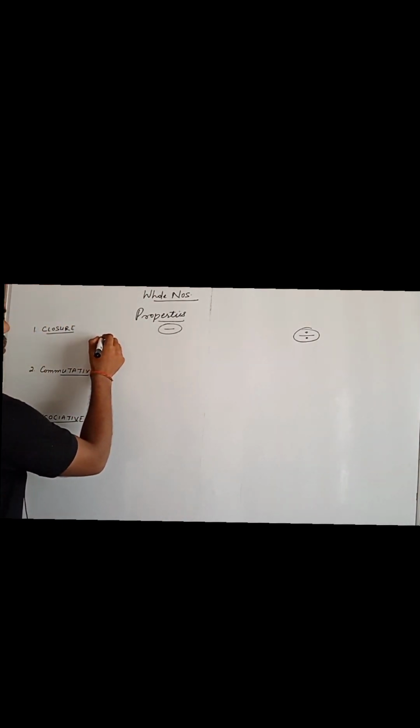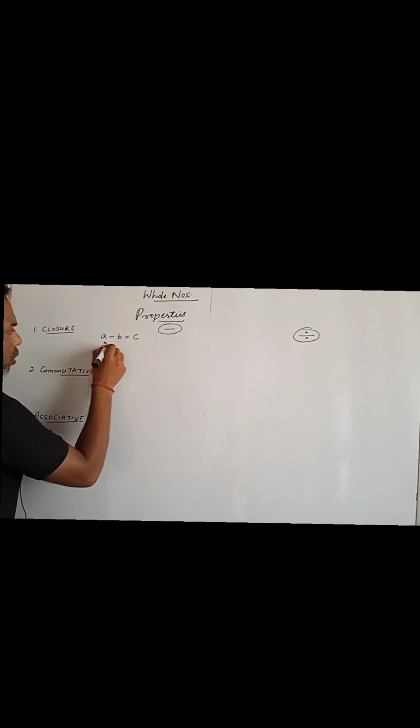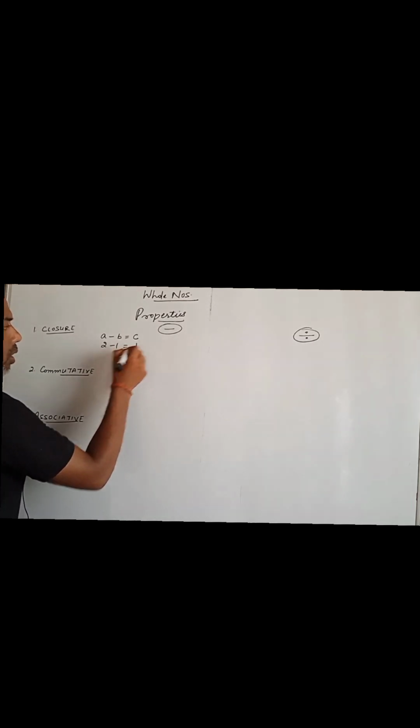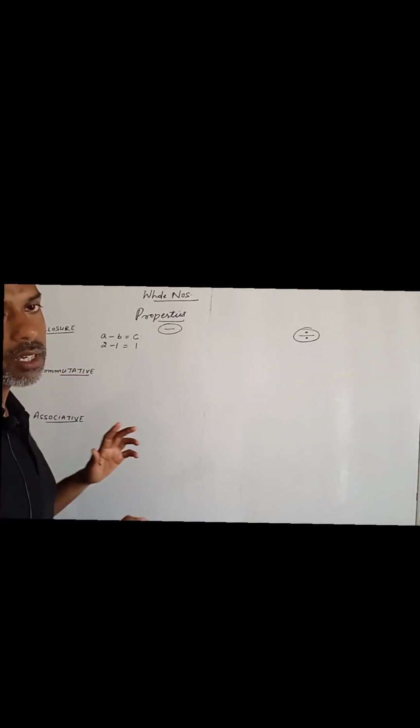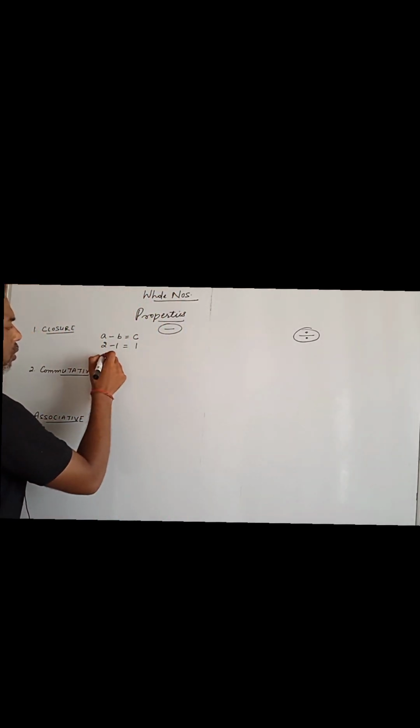So it means according to this property, when we are subtracting two whole numbers, we should get a number that must be a whole number. But does it happen? Let us check. When we are subtracting 2 minus 1, these two are whole numbers, and we are getting 1. That is a whole number. It means the property is satisfied. But if we change the numbers, suppose we are doing